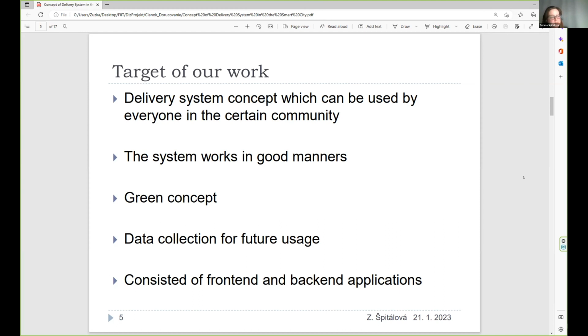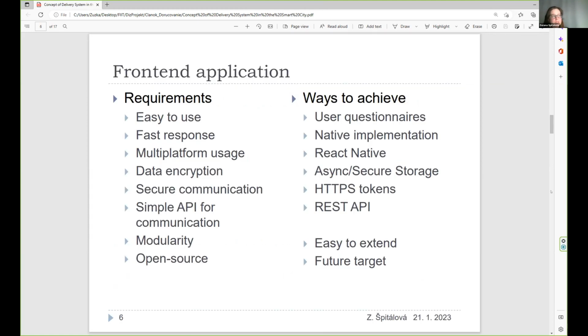The system itself consists of front-end and back-end application. Front-end application was designed for mobile phones, and we defined some requirements for that, which we had to fulfill.